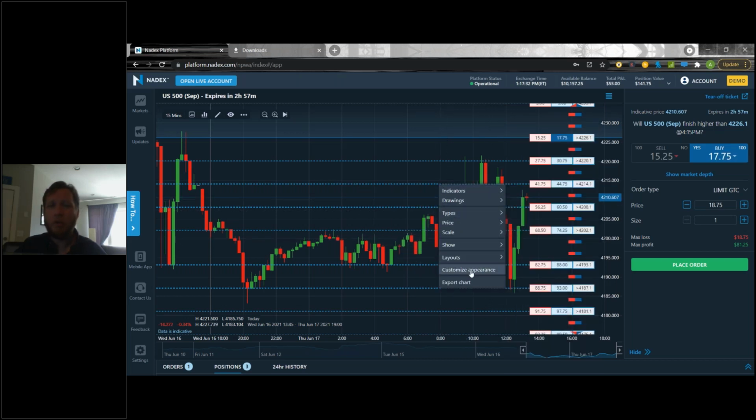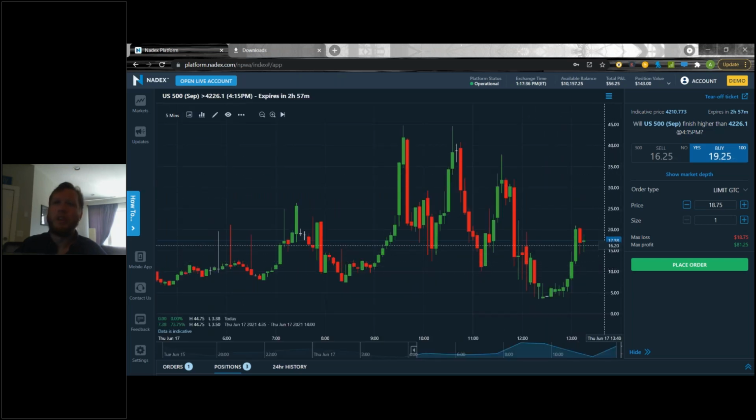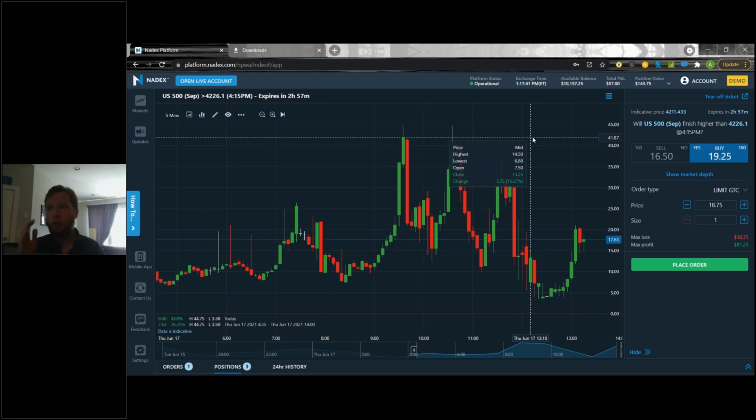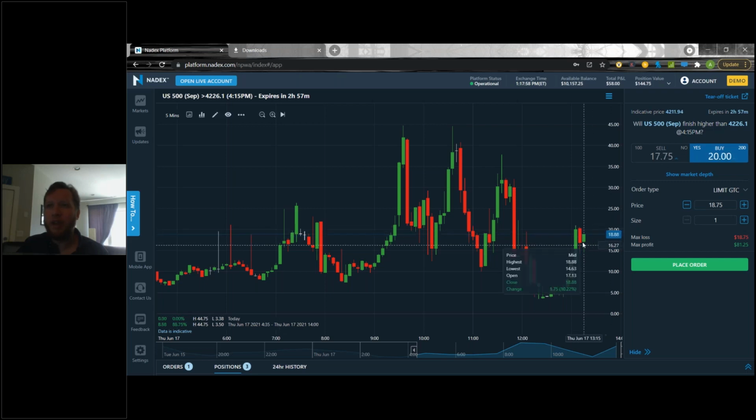If I go over to the quick charts, we can see this is going to be like 20, 30, and all the strike lines are gone. This is because the quick chart is charting the price of the actual binary option. So if we go here, this is the greater than 4226.1. We can see it's 19. This is the last traded price. We can see it's 19.50 on 16.75, so it's giving me the midpoint of these two prices here.